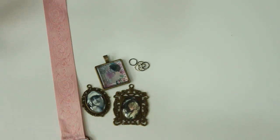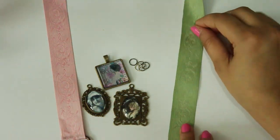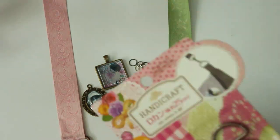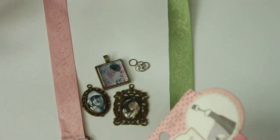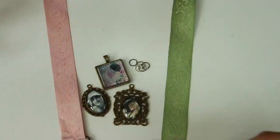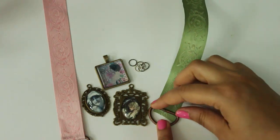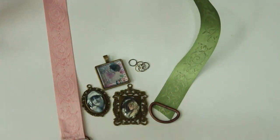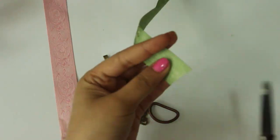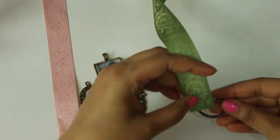So let's get started. The first thing we are going to do is take about 8 to 10 inches of this ribbon. Any of our beautiful ribbons, you can use, and anything would go. I would recommend that whichever ribbon you choose is slightly smaller than the width of your tassel holder. Now you trim this part a little, and after trimming it, you just put this thing inside and